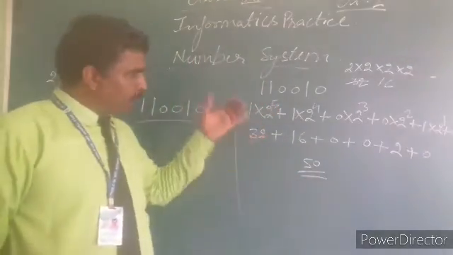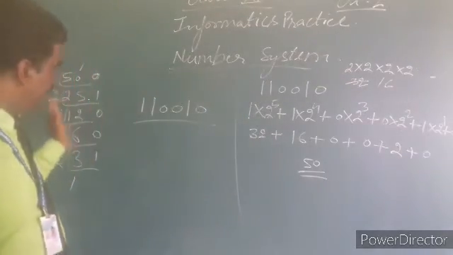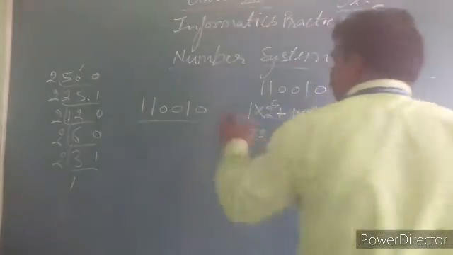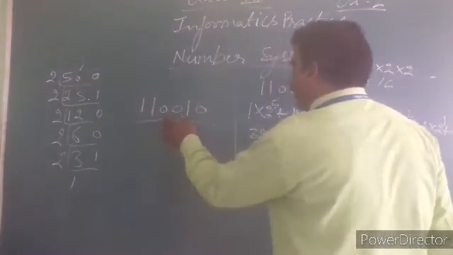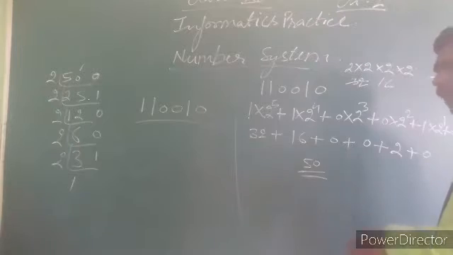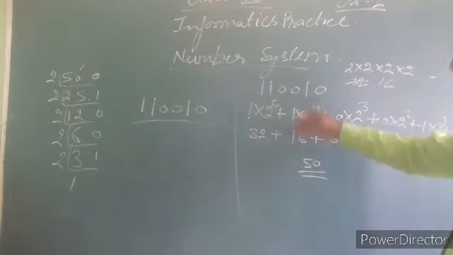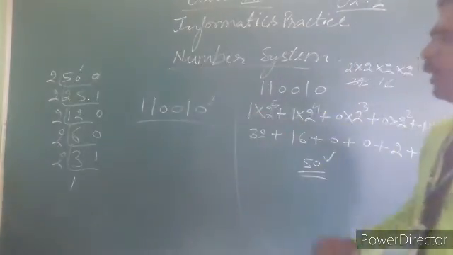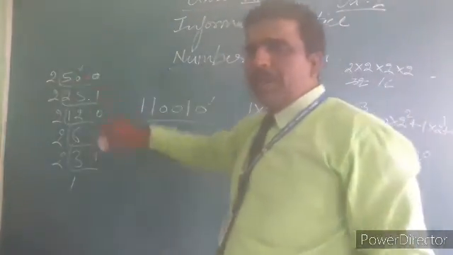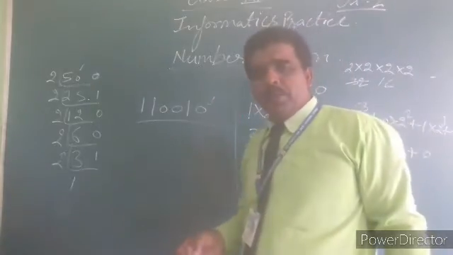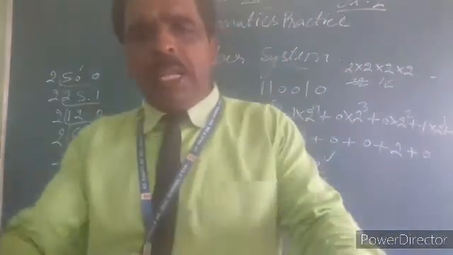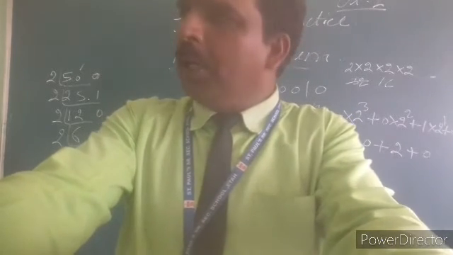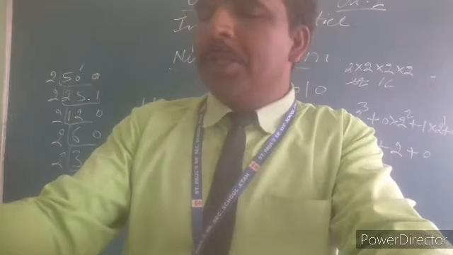So it is totally proved that it is the conversion of decimal to binary or binary to decimal. Here decimal to binary, and that number we are calculating here, binary to decimal. So here 50 is written, this number is called a decimal number and this is called a binary number. Actually in math, if decimal places come, then definitely it will be understood that it is a decimal number.